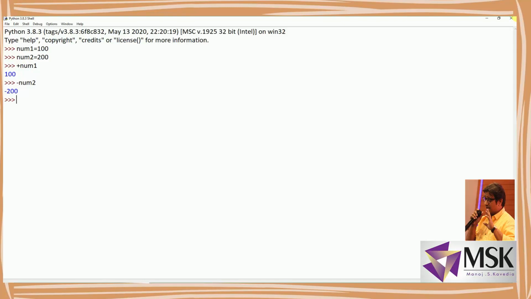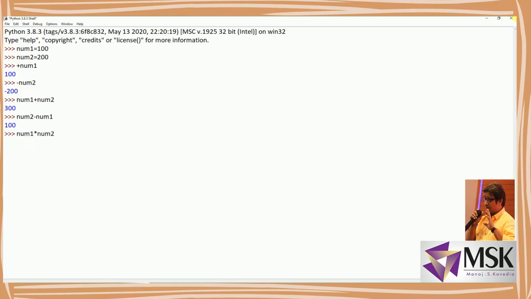Now I'll write num1 plus num2. This is binary plus. When I have two operands, it is called a binary operation because it is operating on two. So num1 plus num2 is 200, and then I'll take num2 minus num1, which gives me 0. Now I'll say num1 into num2.